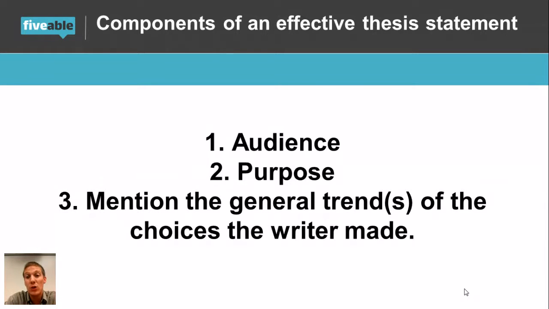So the first thing we do need to include is a precise account of who the audience is. We'll work on that a little bit today. I'll give you a couple examples. The audience does not need to be too specific. It does not need to be too broad, but we do want to make sure it's exactly right. So it's kind of like the Goldilocks rule. Not too specific, not too broad, but we're getting it just right. And obviously that depends on the prompt in front of us.